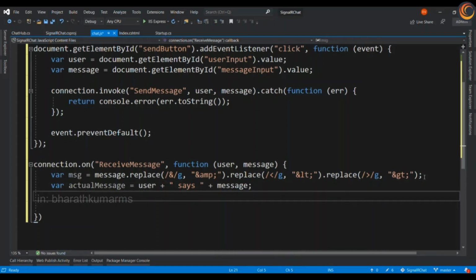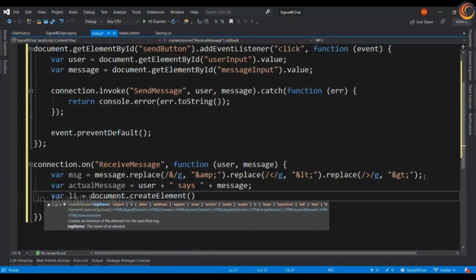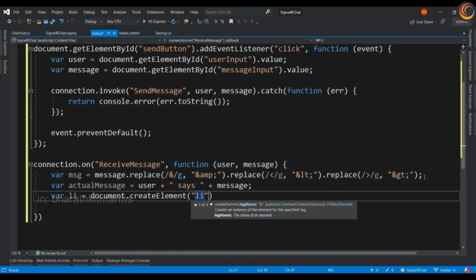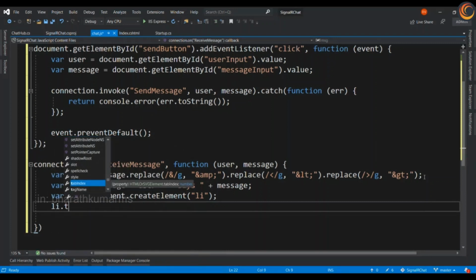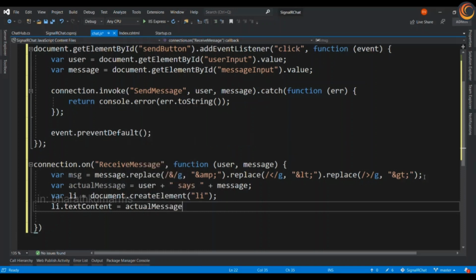Okay. And let me create an li. And li dot text content is equal to the actual message.